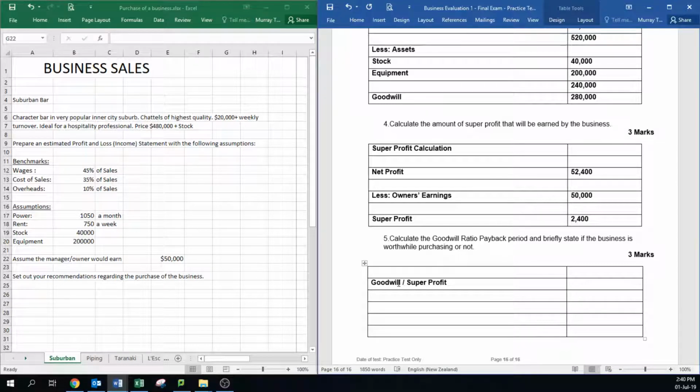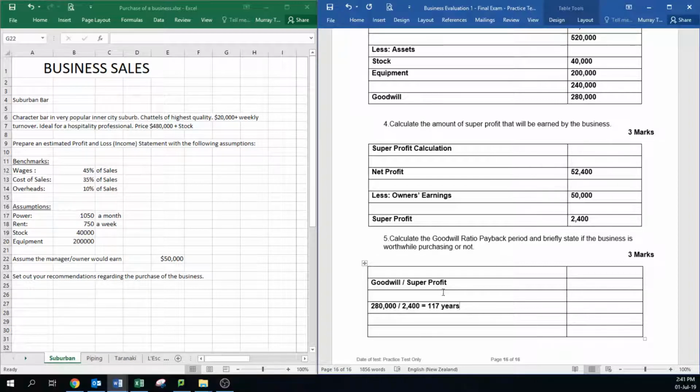So we take our goodwill from up in step 2, it's 280,000, divided by super profit from step 3, and that will give you a number, in this case 117. Now that's the number of years that it will take to pay back the extra you paid in goodwill. So goodwill is the extra cost, super profit is the extra reward you get. So this is the payback period. So in this case, it's going to take 117 years to repay that goodwill with that amount of super profit,